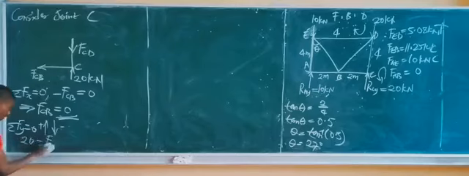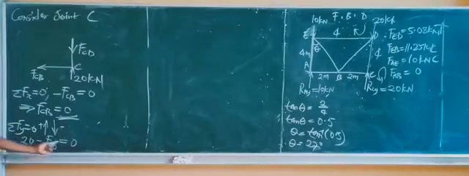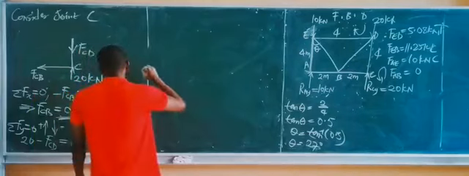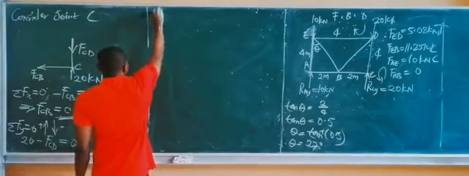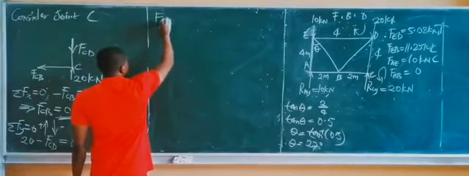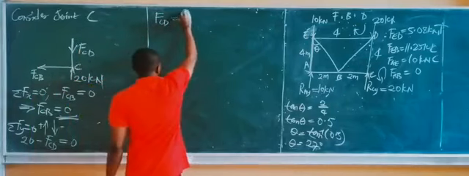Minus FCD, and that's equal to 0. If we send FCD over to the other side, the negative sign becomes positive, so I'll simply have FCD equal to 20